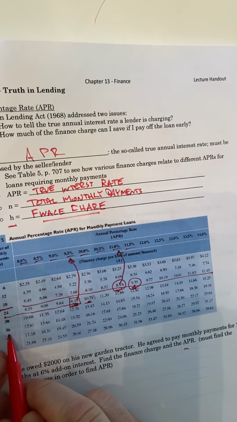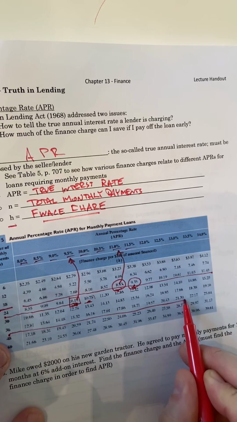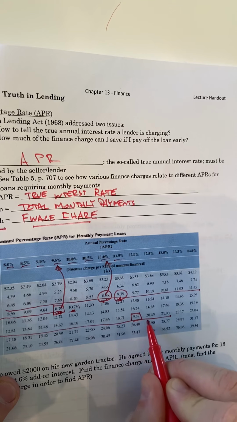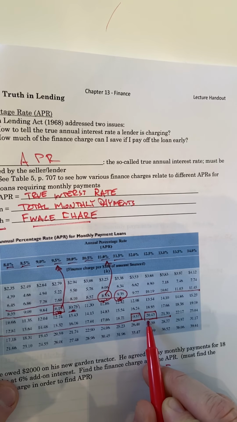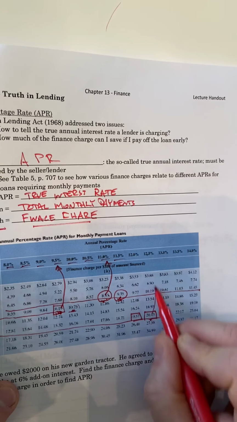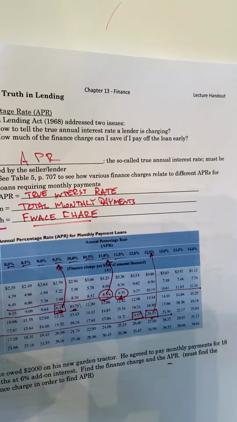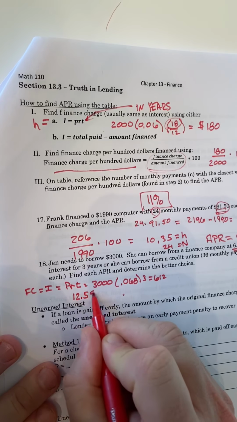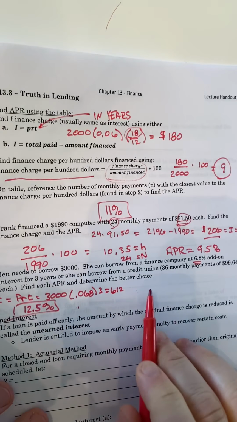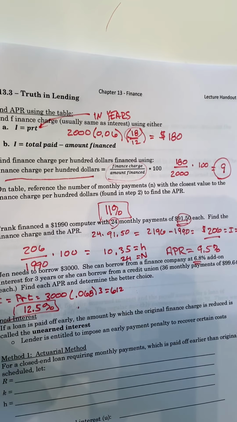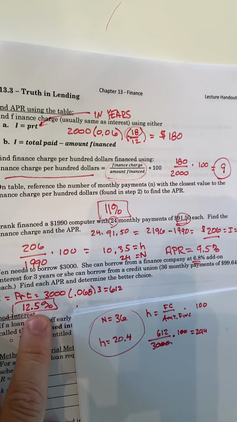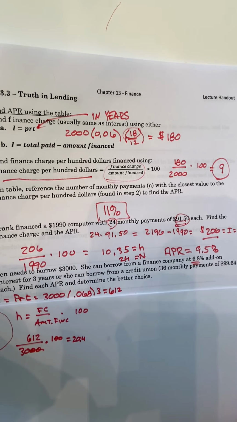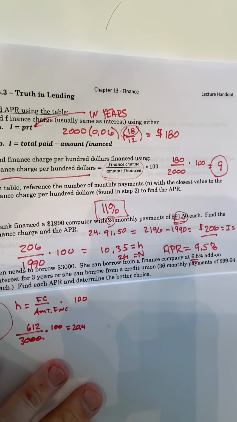36 and 20.4. Here's 19.57, here's 20.43, 20.4 is closer to this one. The annual percentage rate, 12.5. So for sample number one, the annual percentage rate is 12.5%. If using the credit union to finance this amount of money leads us to a smaller APR, we're gonna do our banking there instead. So